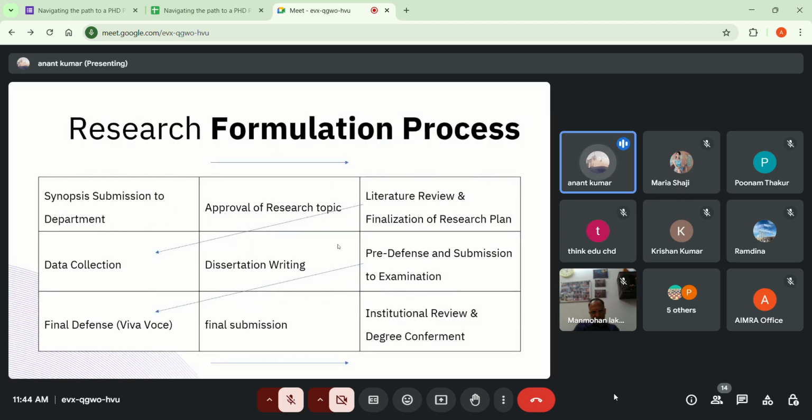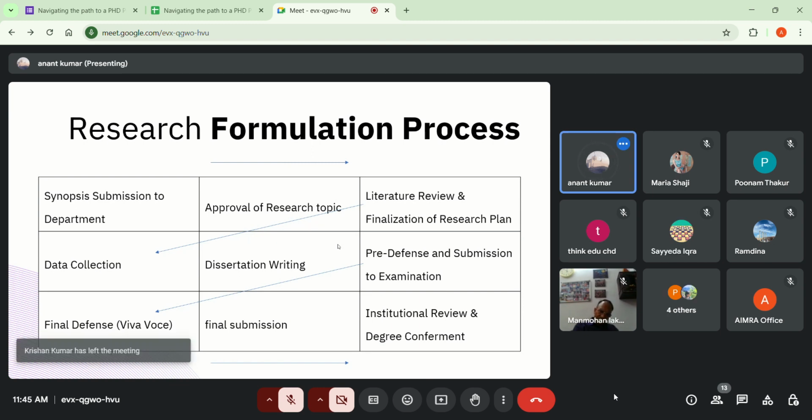जब आपने synopsis submit किया, you finished your synopsis submit, then what is the further process? I will let you go through it, how the research is made. When you submit your synopsis, you get an approval for the research topic. Let's say I've finalized a topic called AI in human resource management. So my topic will be finalized and I will get a letter or an email that your topic has been finalized and this is your particular guide.